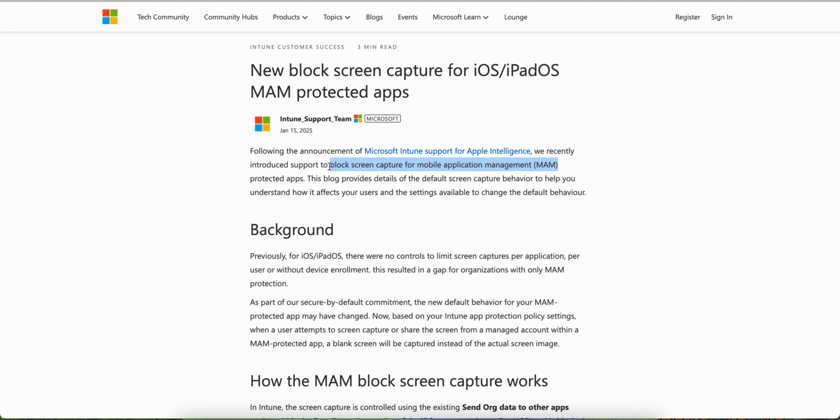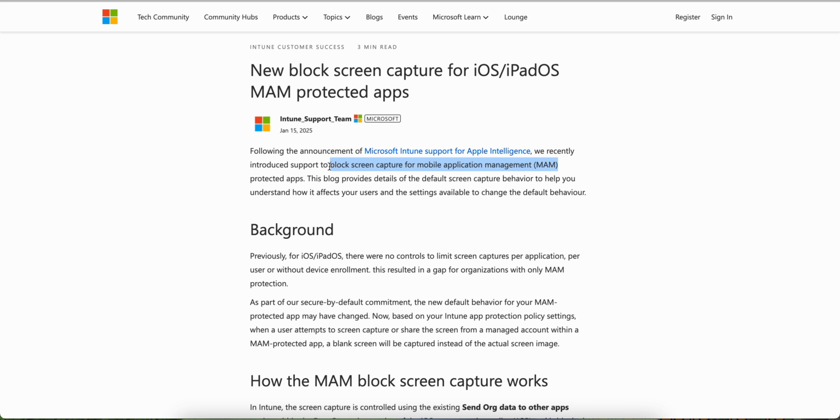But if you are looking to block screen capture for your MAM protected applications, especially for BYOD devices, whether managed or unmanaged,